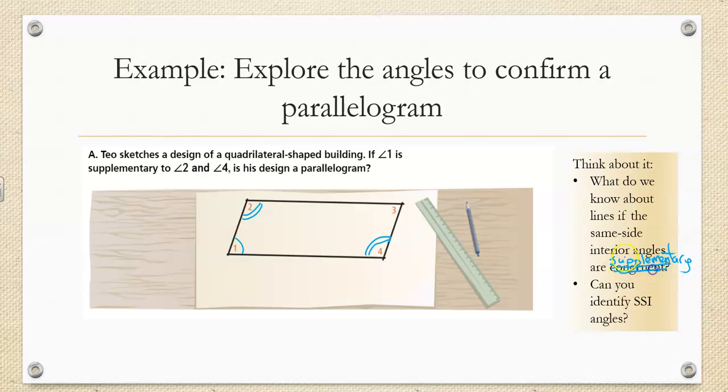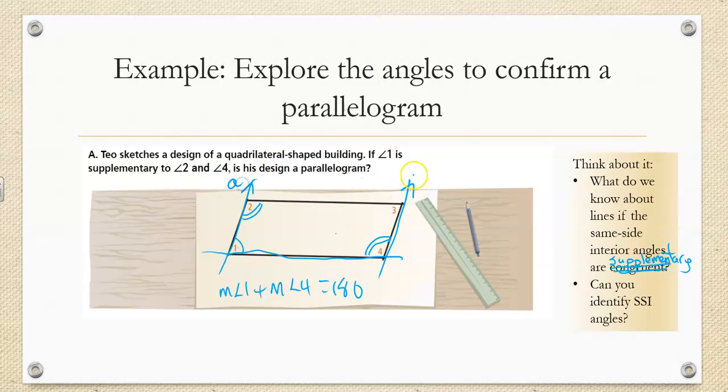That makes more sense because that's what it's telling us. And then, if we had 2 lines, like this line and this line, and we know that these are same side interior angles because here's my transversal. We know they're supplementary. In other words, the measure of angle 1 plus the measure of angle 4 equals 180. What does that tell us? It tells us,